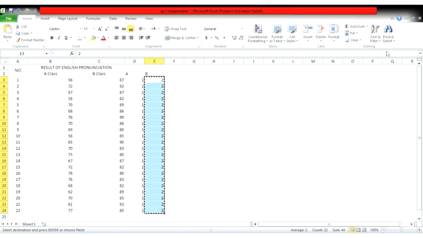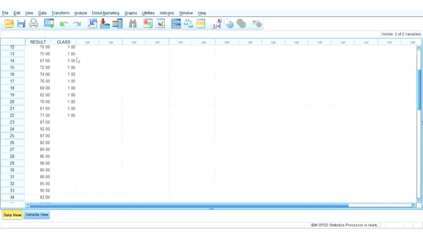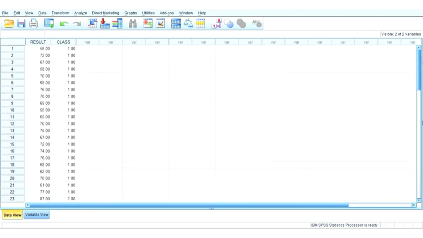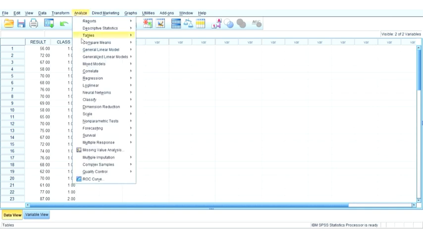And then go to SPSS again and then paste after the A data. And after that, to know the result, we can go to analyze and then compare means